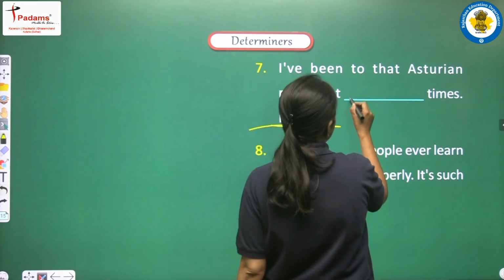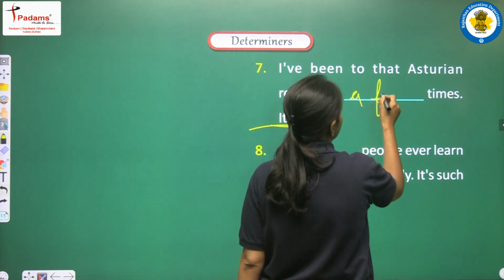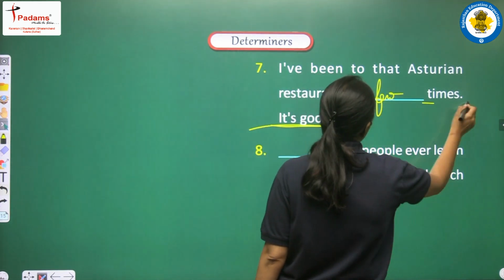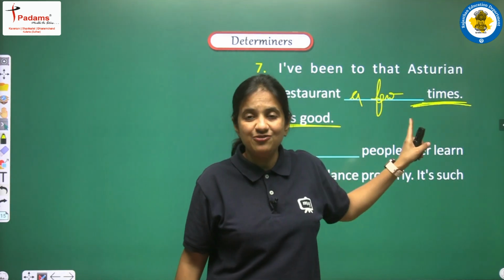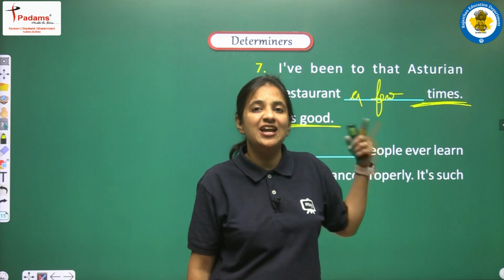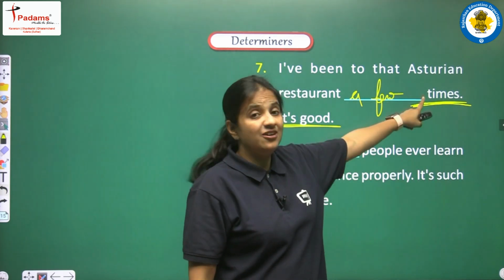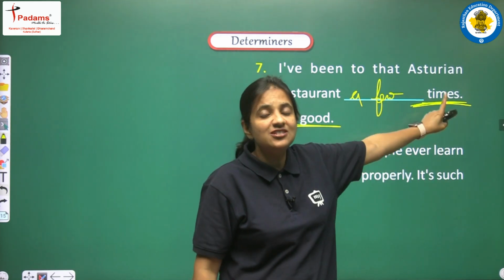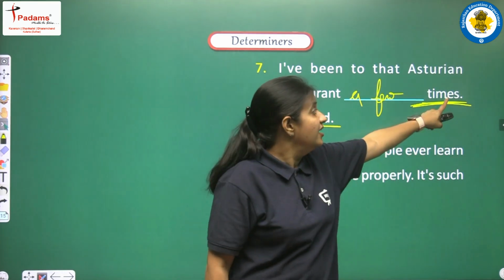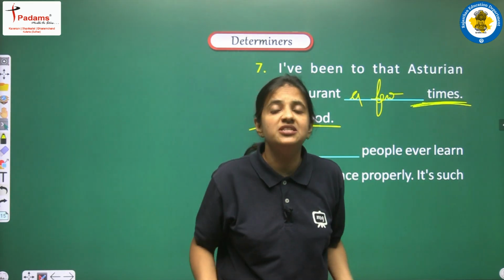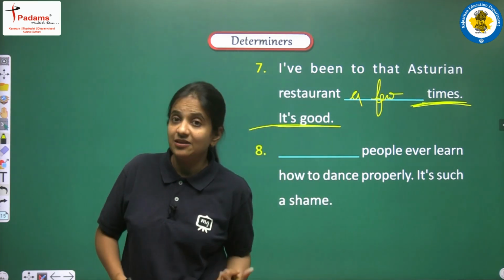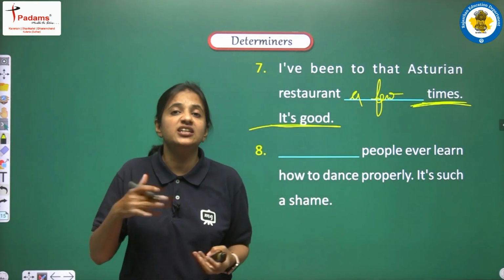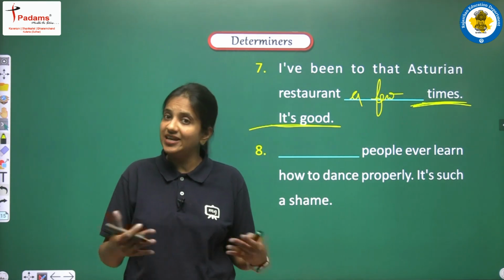So for that, here we have to use a few. Students, don't get confused. Here we are not having time. So don't get confused कि अभी तो आपने कहा था that time it's an uncountable noun. Here we are not having time. Just look at the spelling very carefully. Here we are having times. It means we are trying to show the frequency. So can you count the times? It means हमने कोई चीज़ कितनी बार करी है. Can we count? Yes, we can count.